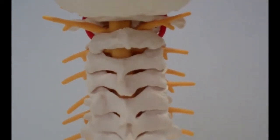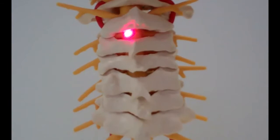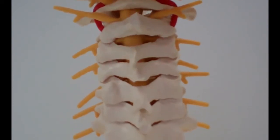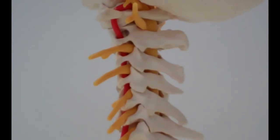Okay, so these little shelves of bone here, these laminae, cover the spinal cord, which is a nervous structure. It's the information superhighway between your brain and the rest of you, which sits in a water bag that runs all the way up and down your spine. Okay, so this is the main tube where your spinal cord is, all right? And then, because your spinal cord has to communicate with the rest of your body, when you want to scratch your nose, you've got to wiggle your finger, right? The spinal cord sends off these little shoots, these little nerves that come out, and this is what goes to your arms and in the lower part to your legs that allows you to move and feel sensations and stuff